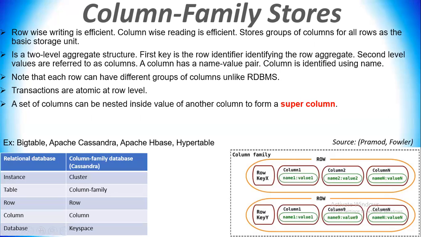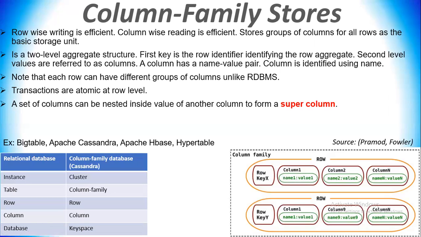Within this second level aggregate, which is this name value pair, this value can contain another aggregation of name value pairs. That means what I am pointing here, value 1 can contain another set of name value pairs. In that case, this column is known as a supercolumn,